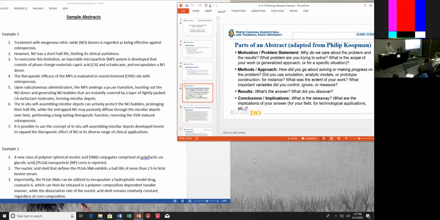So, of course, they go on to specify NO has a short half-life, limiting its clinical usefulness. Again, I think anybody can understand the flow of these sentences. It makes perfect sense how the first sentence sets up the background and then the second sentence shows us what remains a problem. All right, so what happens next? What do you make of it, if you use the numbering or just in looking at the next few sentences? What seems to happen there? It's kind of all just methodology.